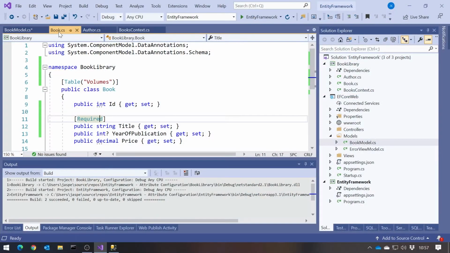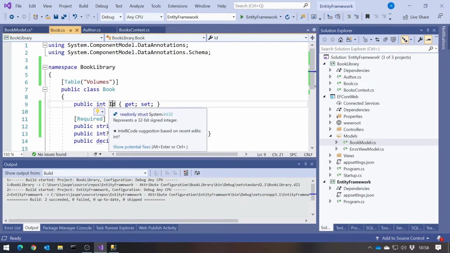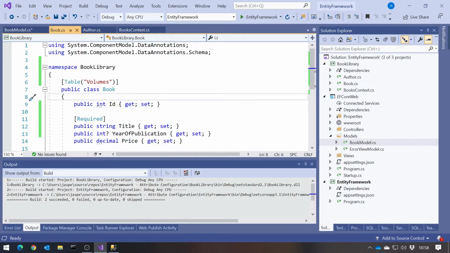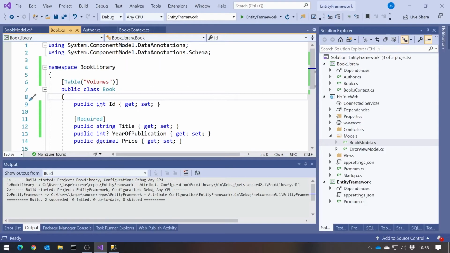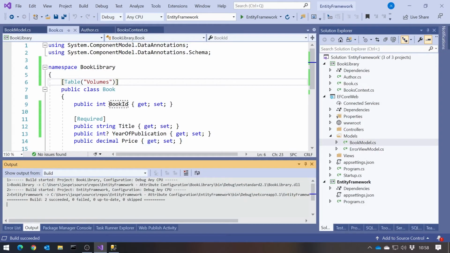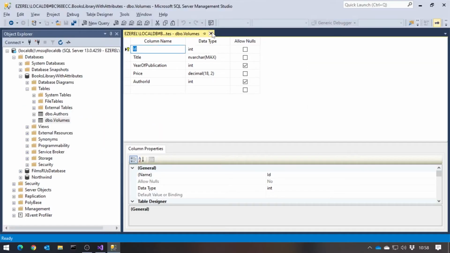Getting back to our entity, let's have a look at some other things we can do. One thing we've got here that we already saw is that if we have a property of name ID, then that is automatically interpreted, we can see there, as a primary key. Two rules for that. Either you can just call it ID, which is what I personally like to call it, but you can also call it the class name followed by ID. So BookID works there. So two possibilities, either just ID or class name ID.